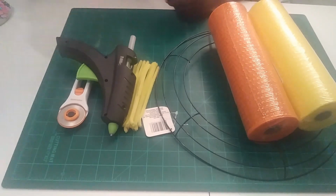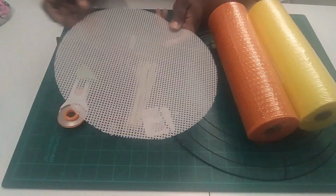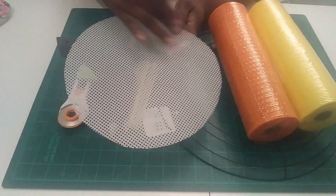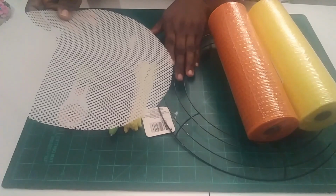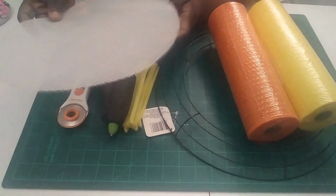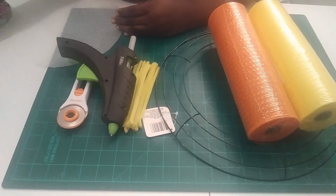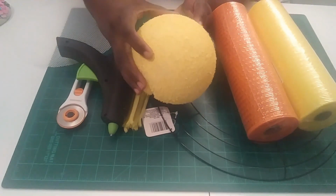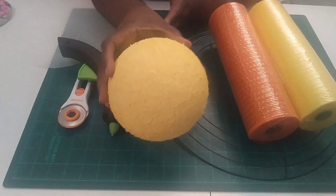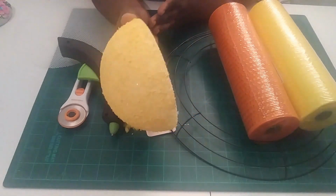Okay, so you're also going to need this plastic canvas or plastic grid, and all I did was cut out this circle. I used the wreath form and traced out this circle and cut it out. So you would need one of these. You're also going to need a styrofoam half ball, and I've already painted this the color that I wanted it. And so we're gonna need this,